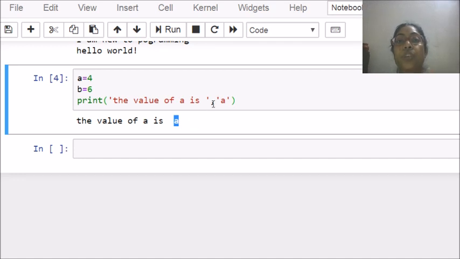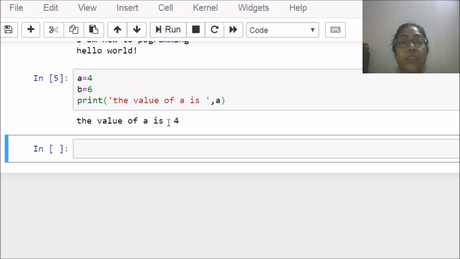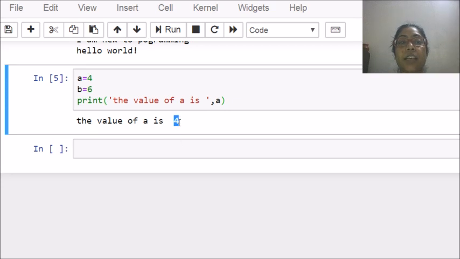If you want to display the value which is stored inside this variable, then you have to write it outside the quotes. So here you can see the difference. It has displayed the value of A, not A as a character.